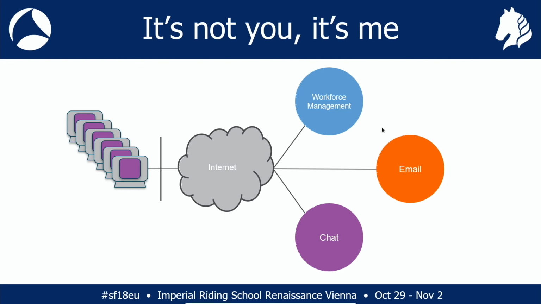if you can take one thing away from today, the most important thing is if you're moving to software as a service, you need to capture on your boundary. So the most important place to capture on a cloud, if you're using cloud software, whether that be workforce management, email, chat, whatever, is you need to do it from the boundary, your demarcation point to wherever it might be, the internet, if you've got a VPN or an MPLS, whatever, to any of your providers. That's the most important thing, because it's so easy as a software as a service vendor to hide behind the internet, basically.